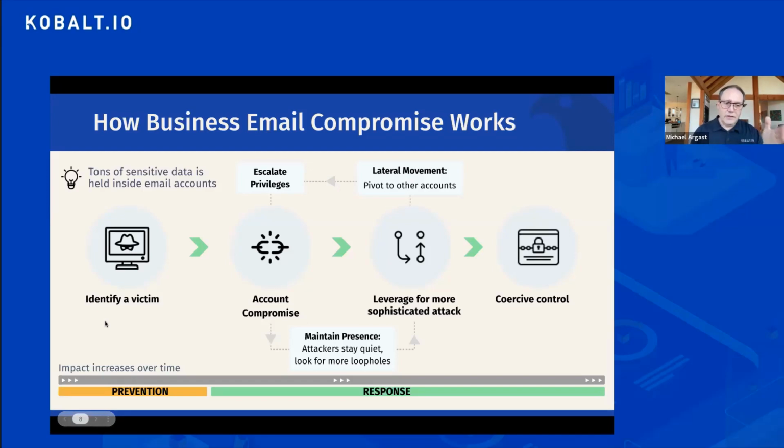So in the early phases of this attack, we can take preventative measures. We can educate our staff. We can make sure that you've got strong passwords and multi-factor authentication. But once they're inside the system, what becomes much more important is responsive measures, right? So this is understanding when an account has been compromised, being aware that there's unusual activity or behavior within our accounts, and being able to monitor for that proactively so that before real damage can be done, we can take remediation and take steps to prevent that from